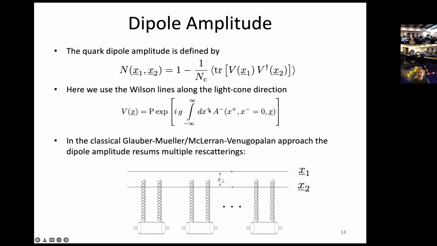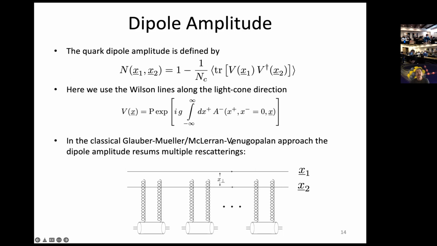And I swapped plus and minus accidentally here, or it's probably a formula from some other place with another convention. But plus is minus and minus is plus. Apologies for this mix-up. The quark and antiquark, as I sketched on my iPad, go along the minus light cone, and their propagators are replaced by infinite Wilson lines from minus infinity to infinity, and they couple to the A plus eikonal gluon field of the nucleus.